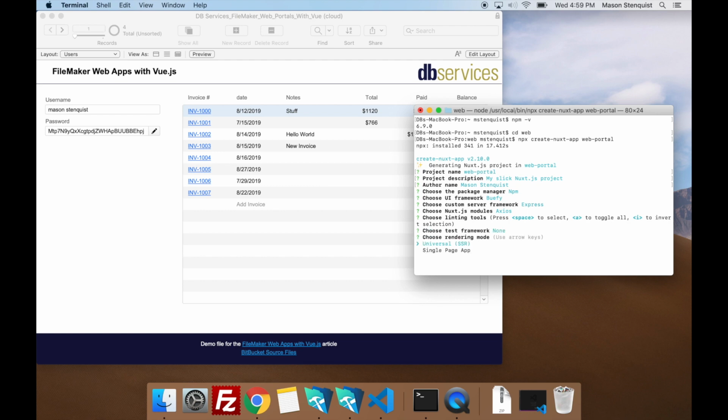We're going to want this option right here, Universal SSR, server-side rendering. The reason server-side rendering is so important, and that's why we use Nuxt, is because it helps with your site's SEO optimization. There are website crawlers out there, and a lot of them do not work if your website requires JavaScript. So if you render it on the server and send that first, then the initial page load will work for the crawlers and it'll improve your SEO optimization. We'll be using VS Code, so we'll check that option.